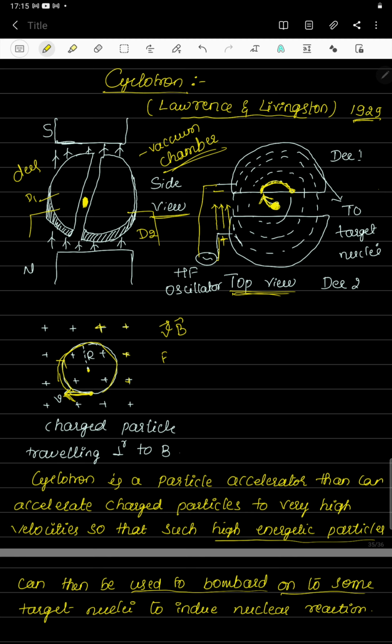Then as it is about to cross out of the first D, D1, what happens? Automatically, as time passes, this has to get the negative and this has to get the positive charge. As the positive charge is coming out of D1, again the electric field lines will be in this direction. As it comes out of D1, the electric field lines will be in the downward direction, in the direction of motion of the charged particle. So here, in the gap between both the D's, the particle is going to accelerate.